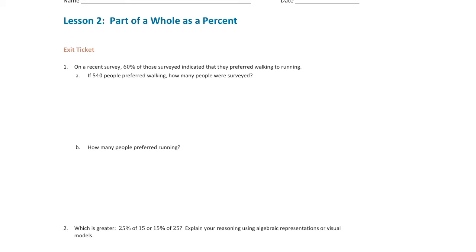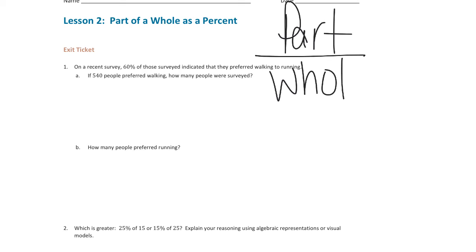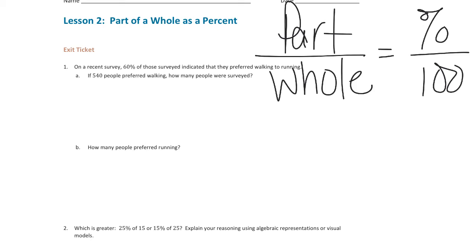So we use our formula that we talked about earlier in the year. Part over the whole equals the percent over 100. And we can use that over and over and over again in lots of different situations. So the part, 540, is not all of the people, it is part of the people. 540 over the whole, which we do not know, equals 60